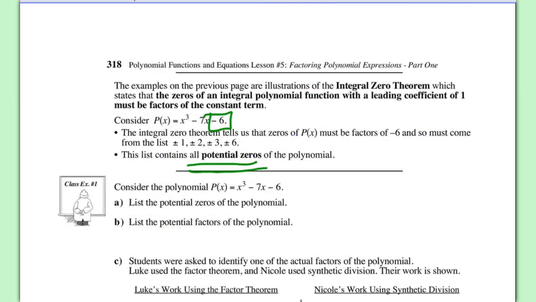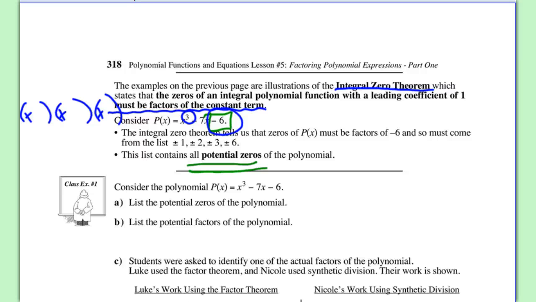So in the next example, it's just putting this together into a fancy theorem. The integral zero theorem states that the zeros of an integral polynomial with a leading coefficient must be factors of the constant term. In other words, if there is a -6 at the back end, because it's degree 3, there's got to be 3 factors that lead to that polynomial. Now we don't know what they are because we don't have rules. We didn't learn that yet,